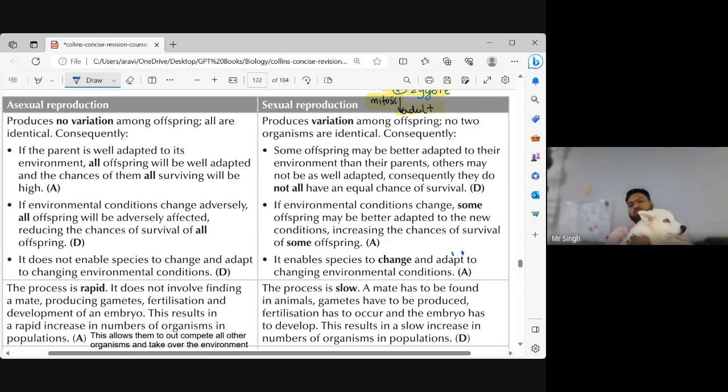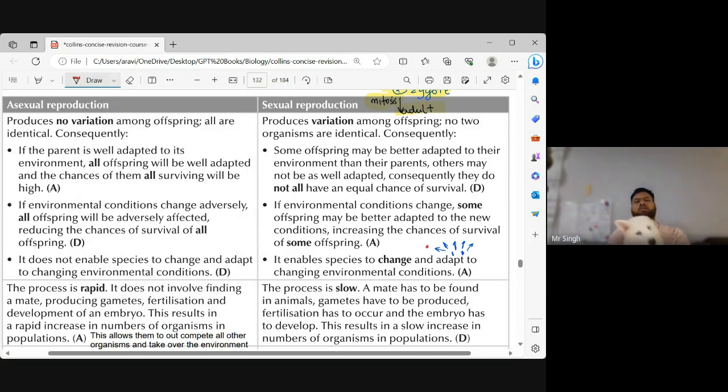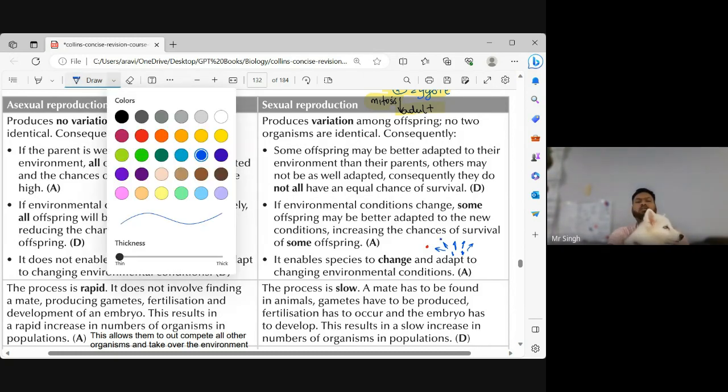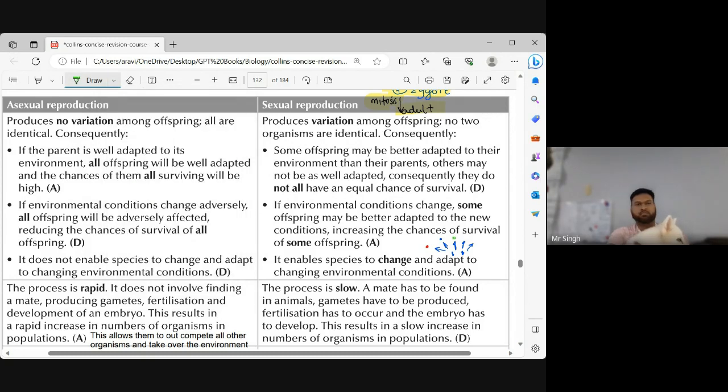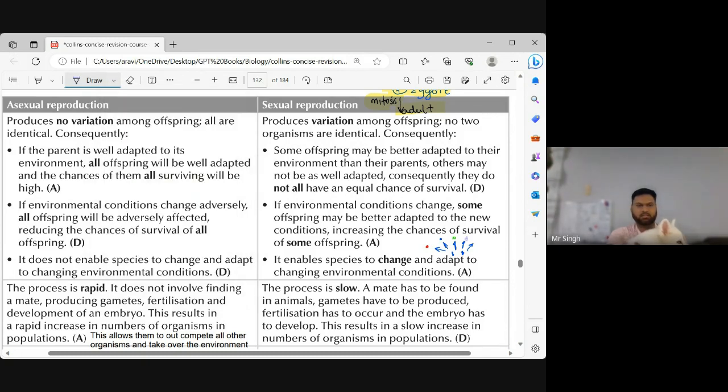As we're seeing here, we have two organisms, and they come together to produce some offspring. Right? So they're going to make some offspring here. All right, so we have a few different offspring. I'm going to use different colors. We have one red, one blue, one green, one lilac, and one black. And so now we see these different colors of offspring.